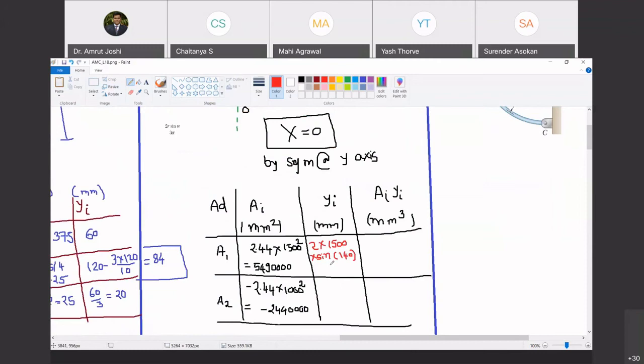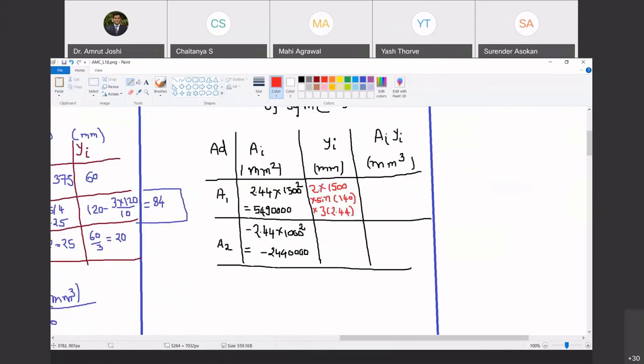So 2 in, yes, go ahead. Just a sec. No, wait. We have to multiply this by 3 alpha. So multiplied by 3 times. Now alpha is to be substituted in radians. Are you with me? Yes, sir. Times 3 into 2.44 into 2 into 1500 into sine 140. Tell me how much is that?